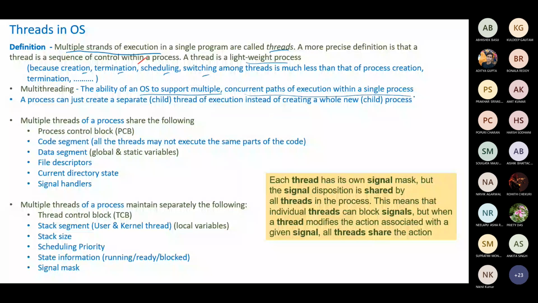What we mean is that earlier, one process meant one thread of execution. So you really could not make parts or components within a process run simultaneously. That was not possible earlier. But now you say that